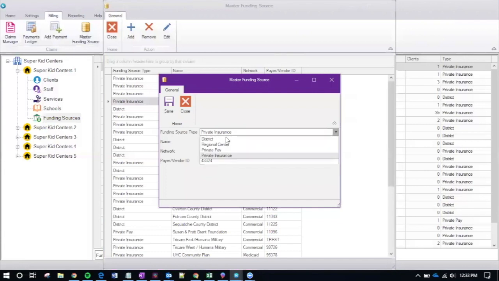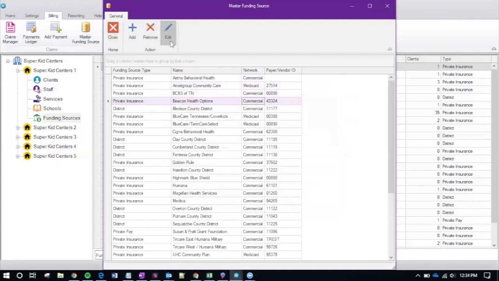We have funding source type, school district, regional center, private pay, private insurance, and of course, the name would be entered here. So you can add, remove, and edit. Once these are entered,